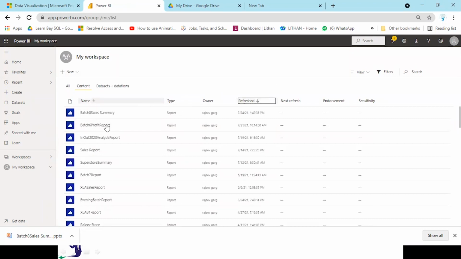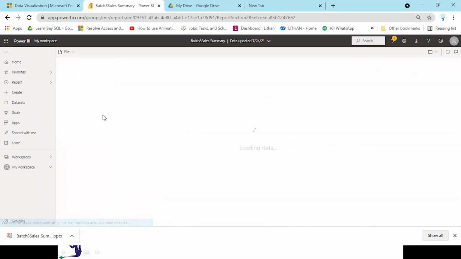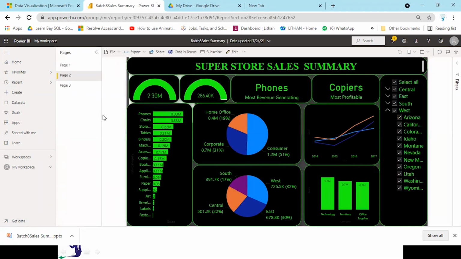So is there a way to create the same from the Power BI desktop as well, or do we always have to do it from the service? That is also another point which I wanted to highlight: dashboards are available only in Power BI service, not in desktop. In desktop, we do not have dashboards. We only have reports in desktop. Dashboards are available only in Power BI service. Clear?